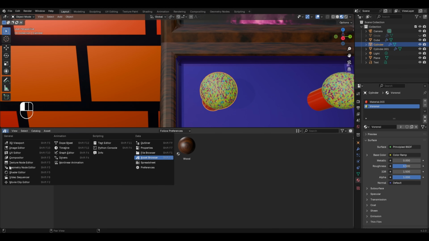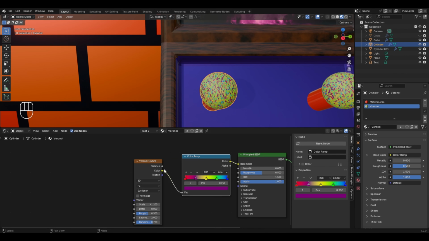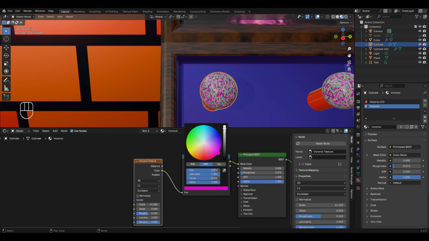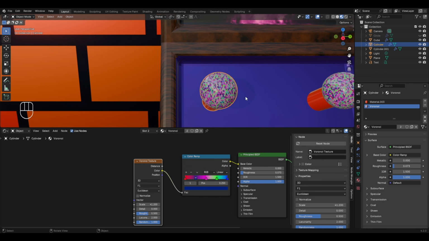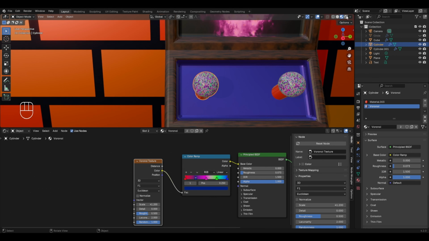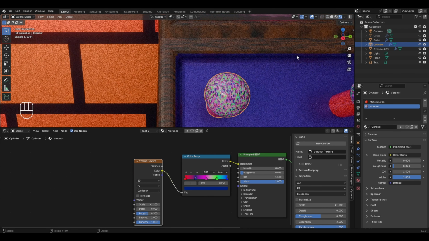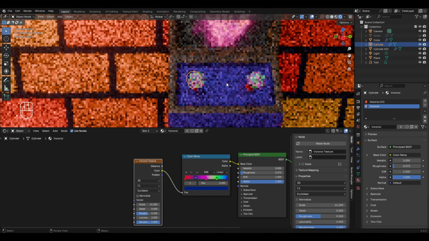If you want, you can change the properties like the scaling, the colors in the shader editor. So first of all, I'll increase the randomness to 1. Let's also bring down the roughness value in order to give this a shiny appearance. Then for the colors, I'll change the yellow color to the pink color. And let's also change the color of this purple pointer to maybe blue, and now it looks perfect. After this, let's go to the rendered preview mode in order to see how the texture will look in the final version. And with this, we have now learned about the practical usage of this Voronoi texture.